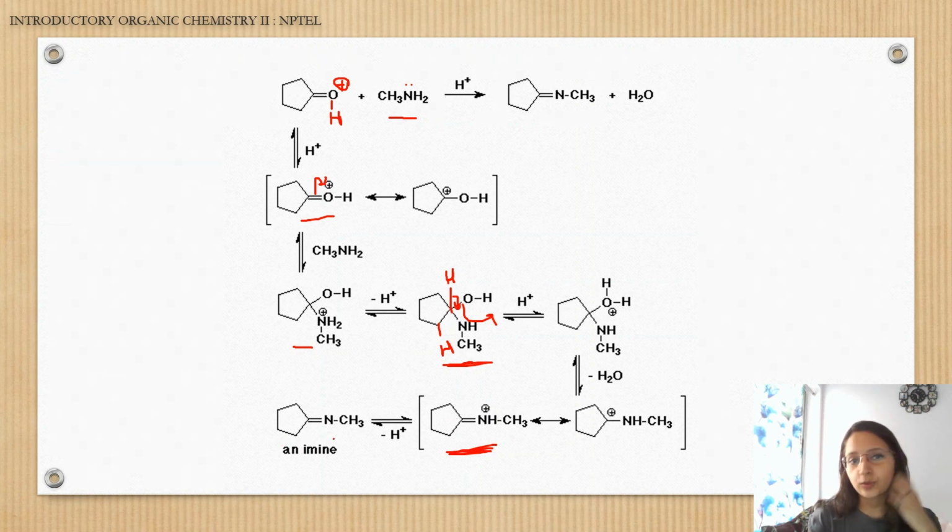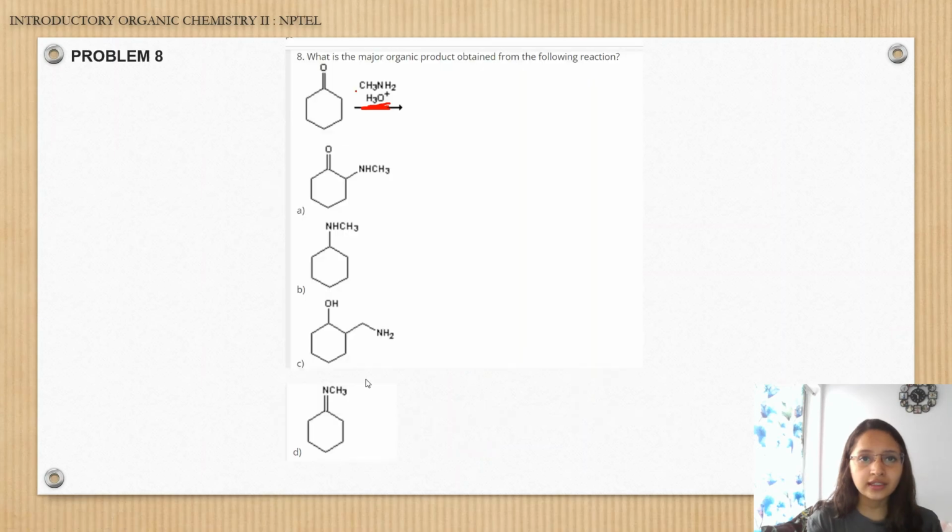Is it clear till now? Till now. Yes, ma'am. Okay. So if it is clear that this imine is getting generated, now the second condition which they